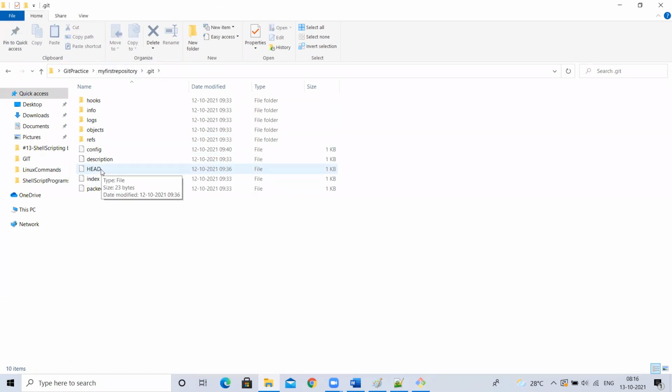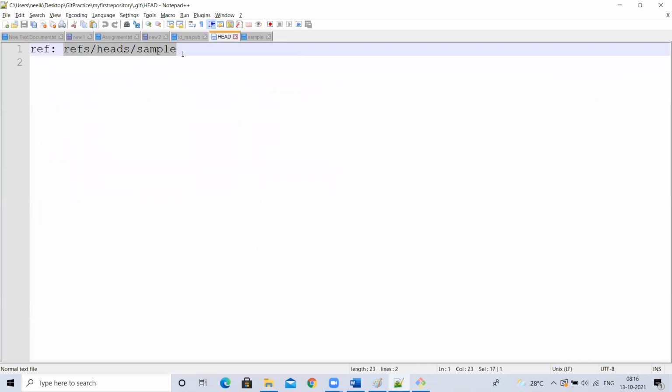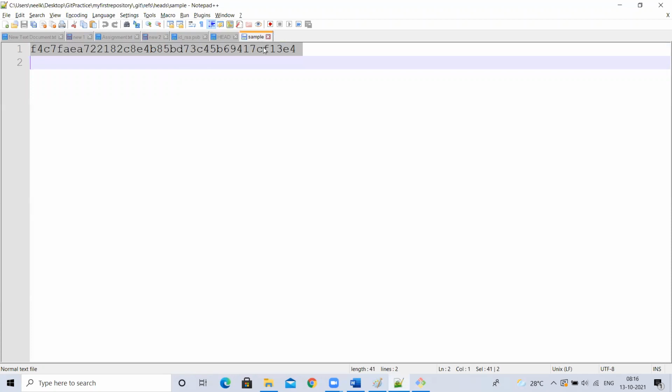This HEAD file should contain the path to your branch. Here, if I open this, it is showing the path refs/heads/sample, meaning I'm currently connected to this sample branch. So the latest commit ID of this sample branch is present inside this path, refs/heads/sample. If I go here, this is the latest commit ID. Always these two files should be like this only.